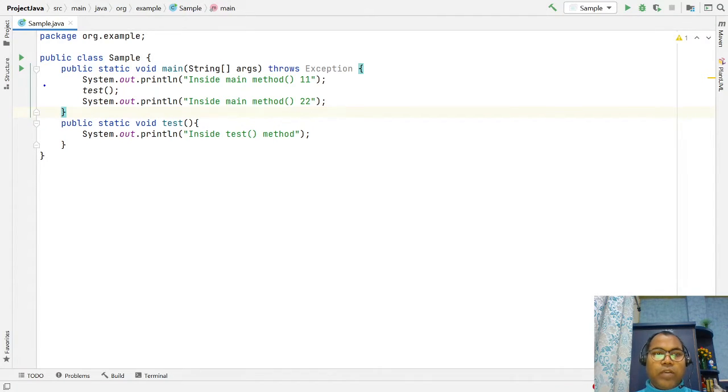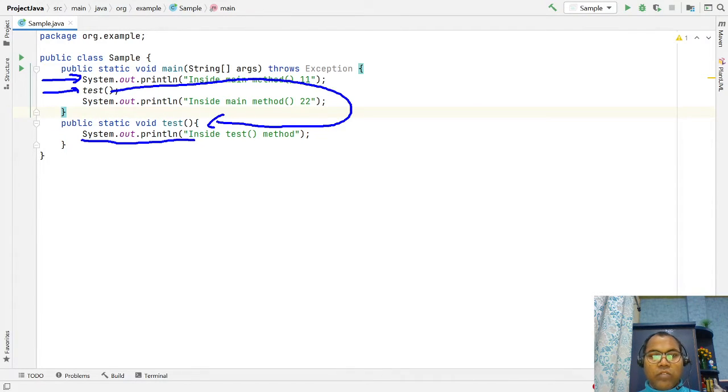Whenever we invoke this test method, our execution starts from the main method and then invokes test. Control goes from here into the method and executes it, and after completion the control returns to the next line of the statement from where the method was called.